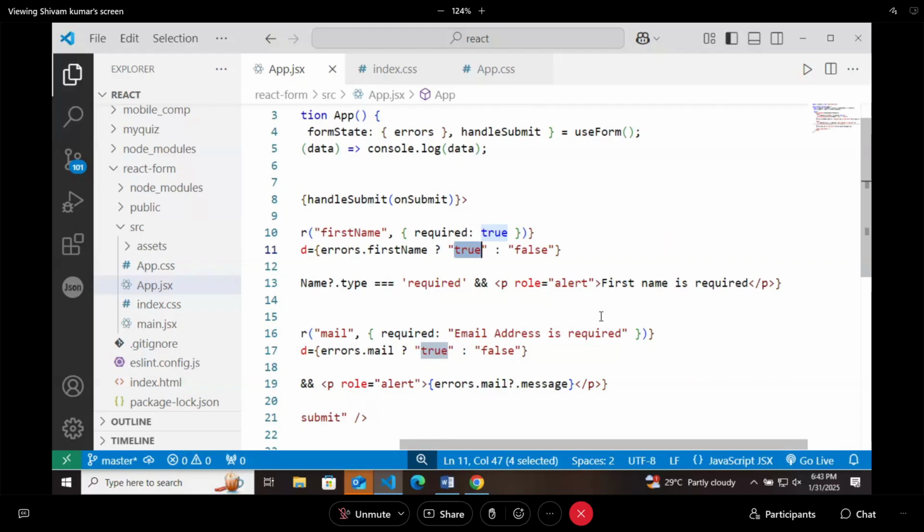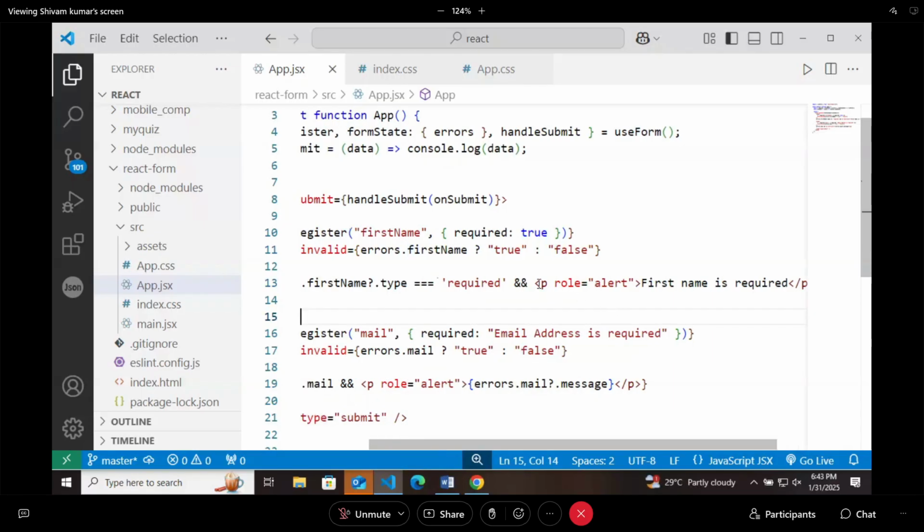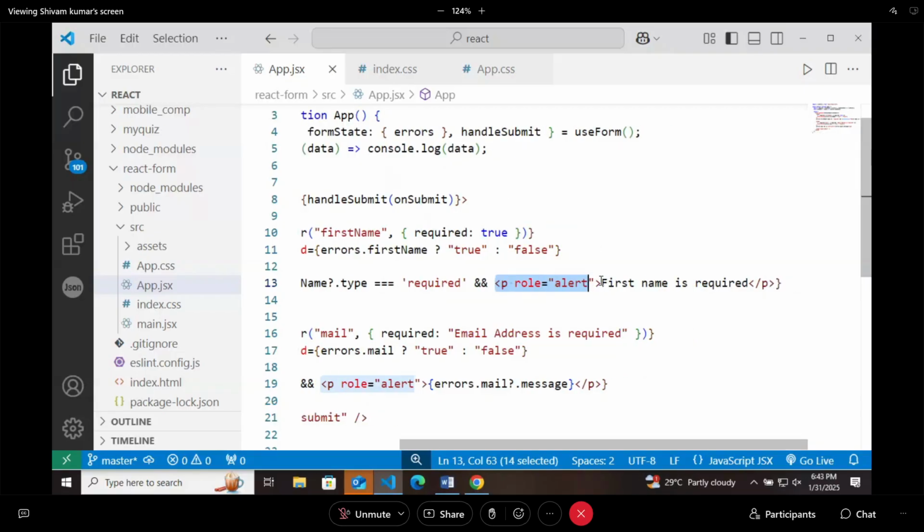It means that if the error is saying that this value is required and user is not writing the value, you have to write a paragraph. In paragraph, the role of the paragraph is to alert. Alert means whenever you are trying to change, it will be removed. And the thing that you need to show is first name is required. If I am writing the paragraph role equals to alert, so this is simple thing that paragraph first name is required